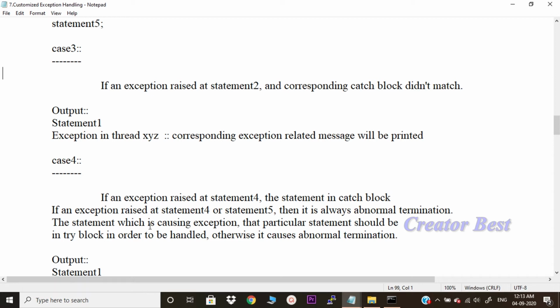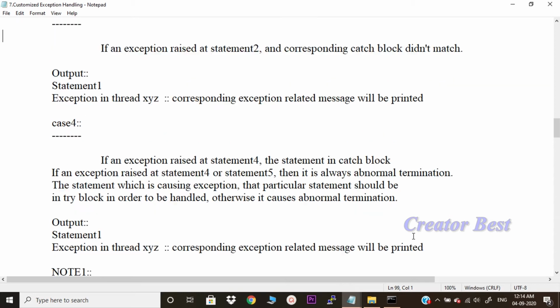The statement which is causing the exception should be in the try block in order to be handled. If you want to handle something problematic, that problematic code should be enclosed within the try block. Otherwise, it causes abnormal termination. Okay.